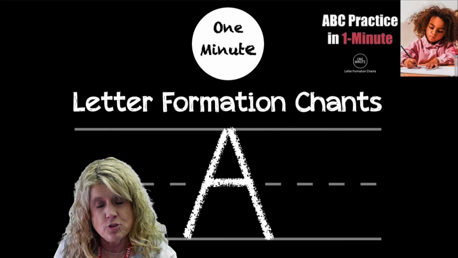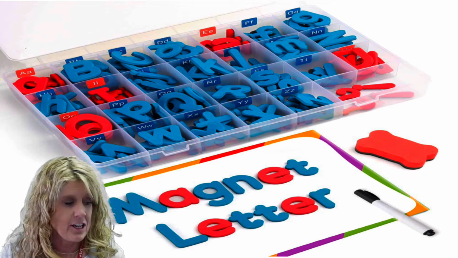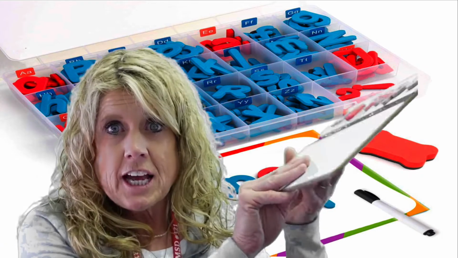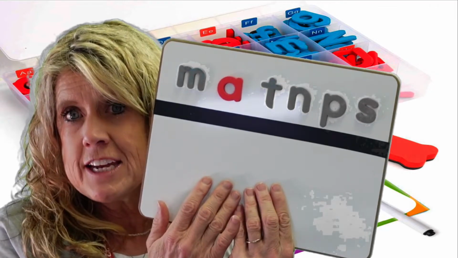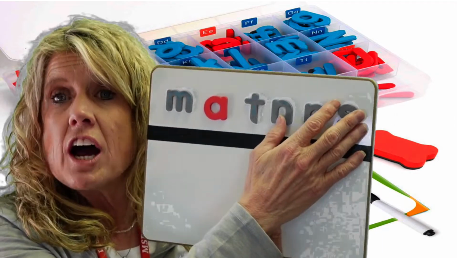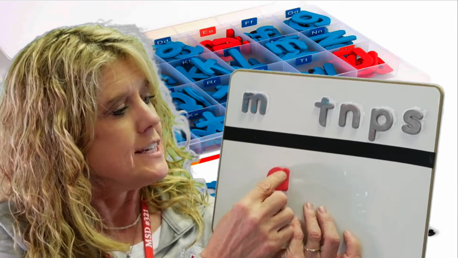Now, another thing you could do in this time is you could use your magnetic letter kit. So each child has a board like this. The letters live at the top. We play with them down here. And these could be the letters that you've taught so far. And so you could have them pull them down, trace them, "A,"